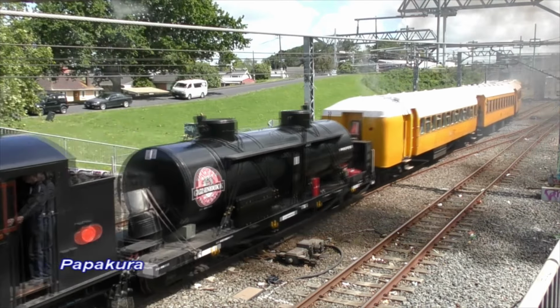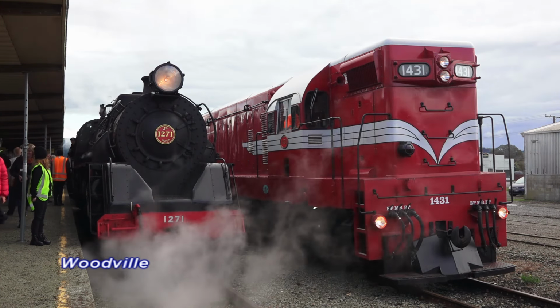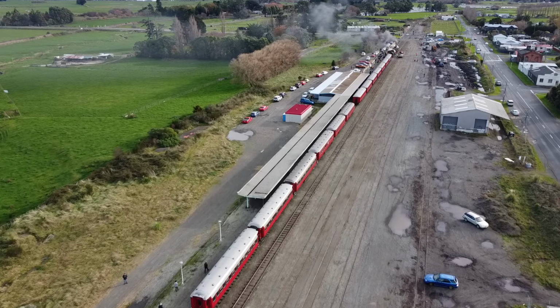At Woodville, both sets of locomotives ran around the balloon loop to position themselves for their return journeys to Wellington. A drone view of the Woodville station yard that once boasted a two-road locomotive shed, turntable and a dock platform